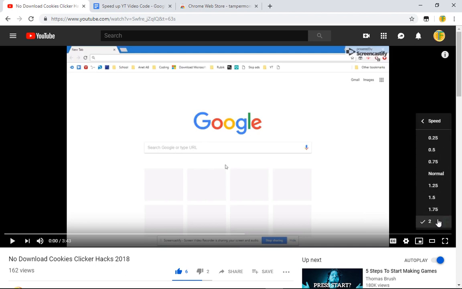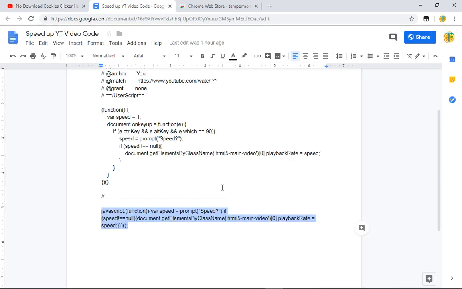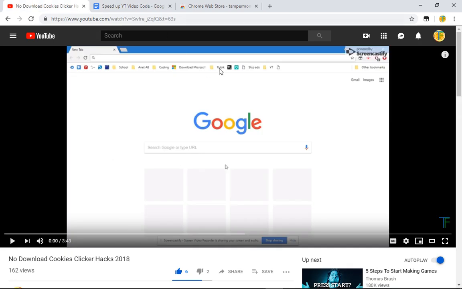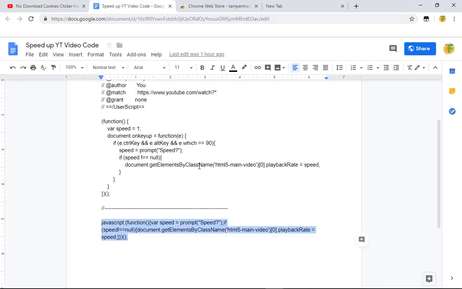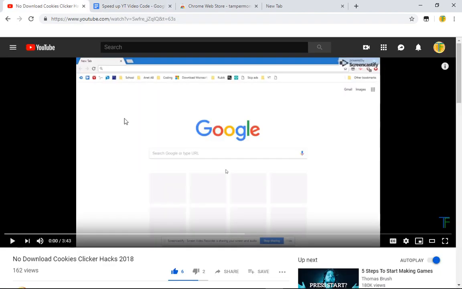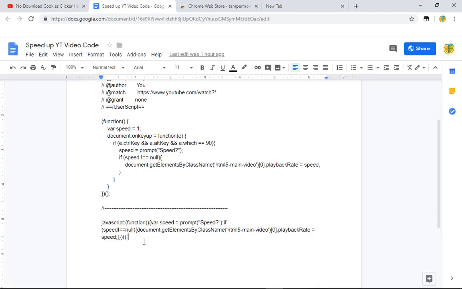Another way, and this way you can speed it up over 2 times, is this piece of code here. So if you don't mind having your bookmark bar showing at other tabs, you can use this method. So how do you use this method? You go to the link in description below, and then use this code. Copy it,